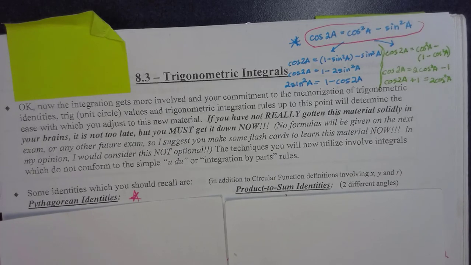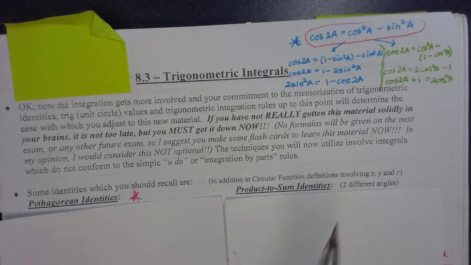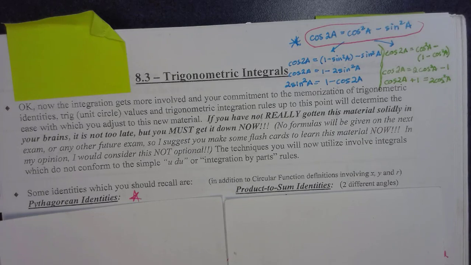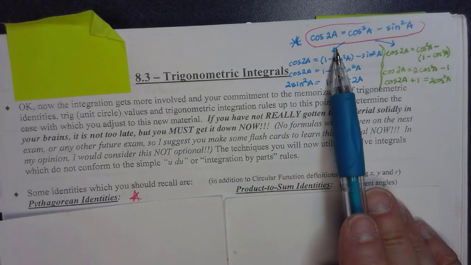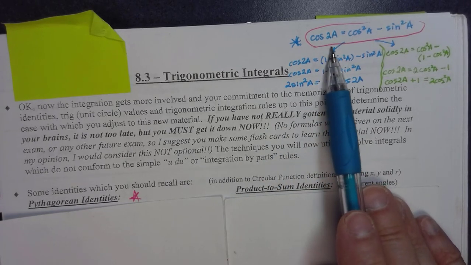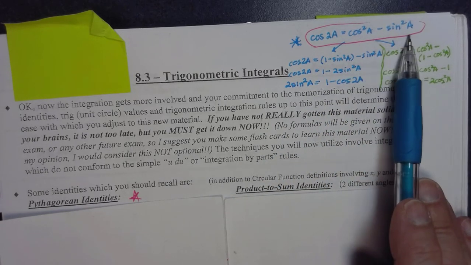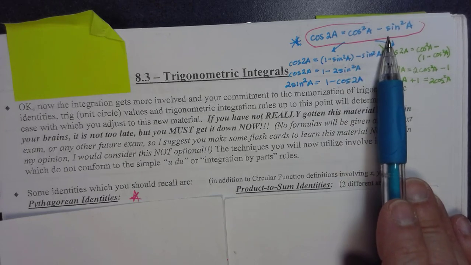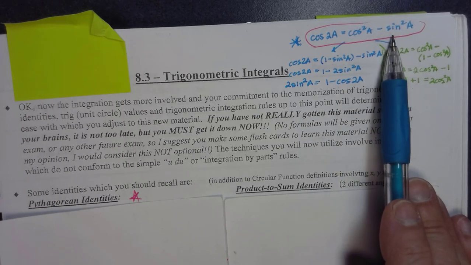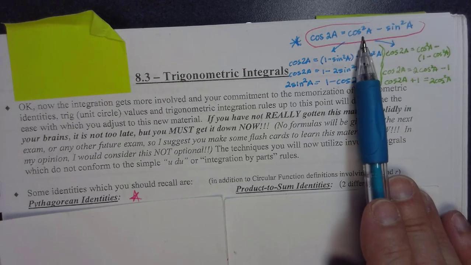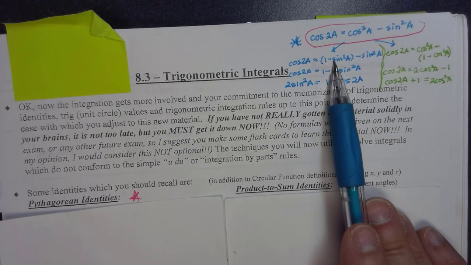Section 8.3, Trigonometric Integrals. Obviously, your trig is going to be important in this section. Lots of formulas and identities you need to remember. One of the most important ones will be a double angle formula for cosine, which if you remember the basic cosine squared of A minus sine squared of A, you can do a Pythagorean theorem substitution for cosine squared and